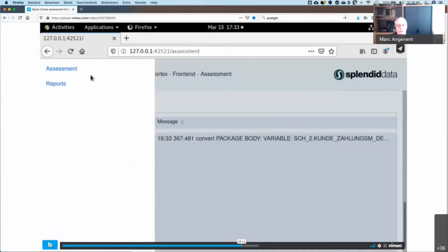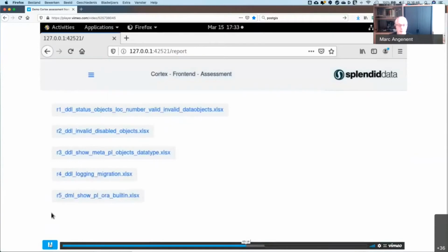We now get back to the front end again, and the code objects are still running, but the reports are already there from the DDL migration. So you see that they produced 5 reports, and we will look into report 1 and report 4. We start with report 1,